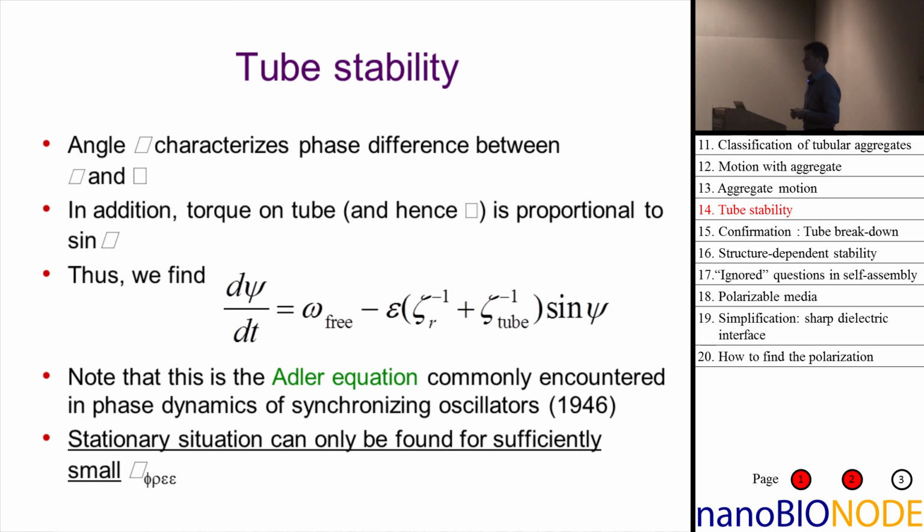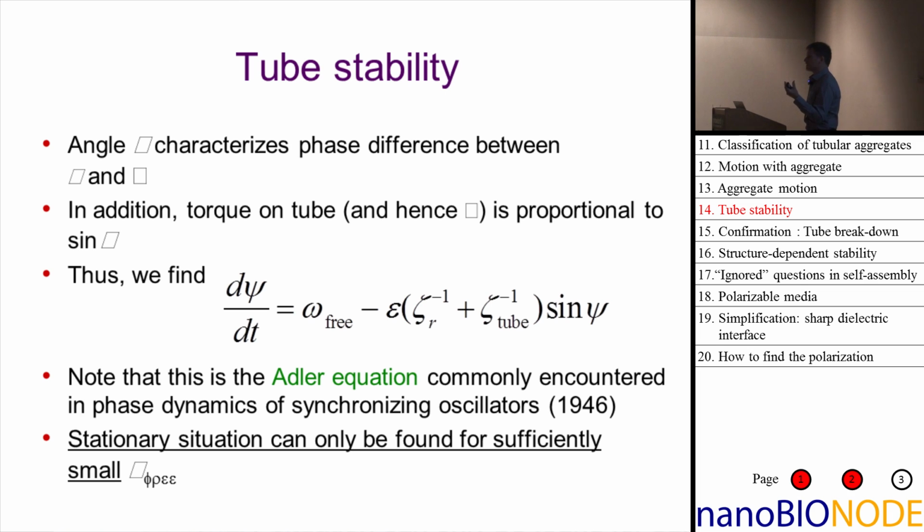Now, you may never have seen this equation before, and I had never thought about it until I started on this topic. But then I realized that this equation is actually very famous in the field of synchronization. This equation was first written down in the late 1940s by Adler. He worked at the time for General Electric, and his real claim to fame outside the field of synchronization was that he invented the first usable remote control for televisions. But of course, that's probably a bigger contribution to mankind than this equation. But nevertheless, this equation itself also became quite famous because it describes all sorts of synchronizing systems.